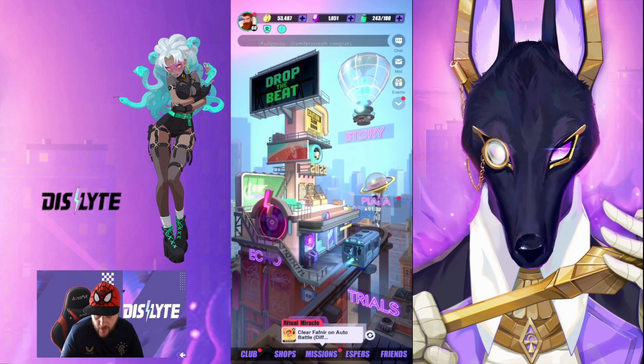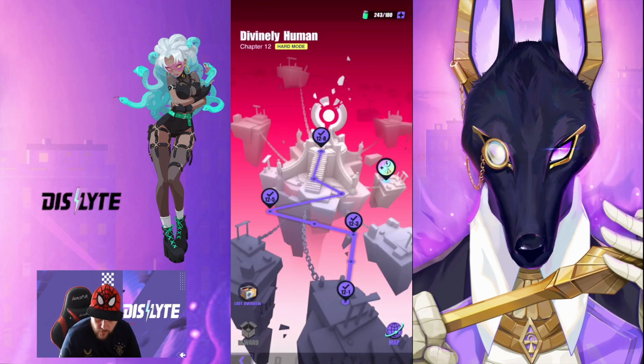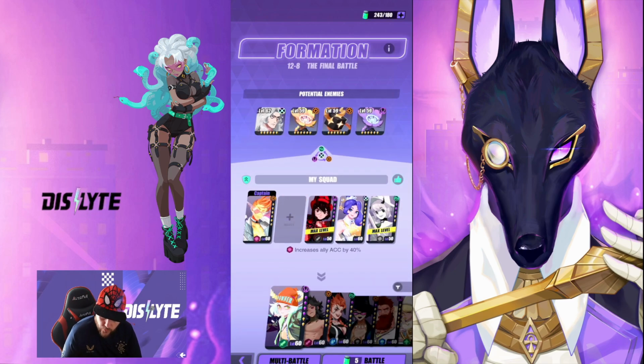So, enough chatter, enough talking. Let's go in and see how this character is going to perform in a stage. We're going to go in and do 12.8, okay? I tested this last night using this team. I'm going to actually change it slightly though, and I'm going to put on